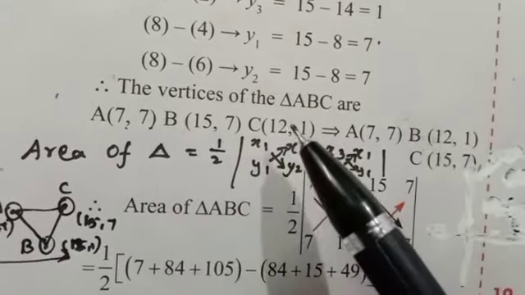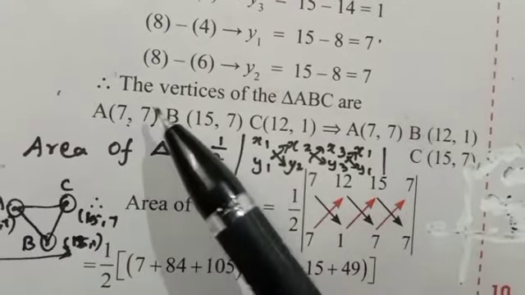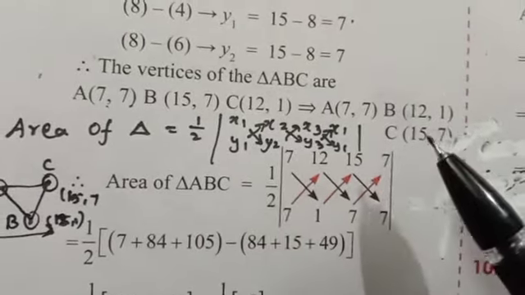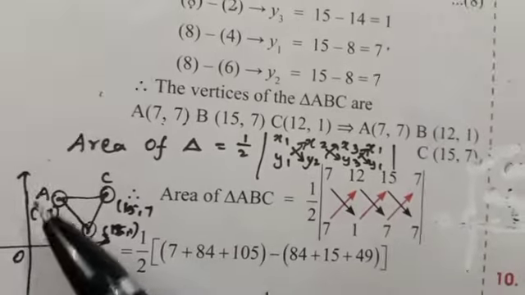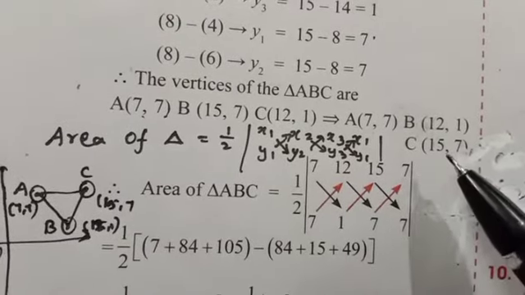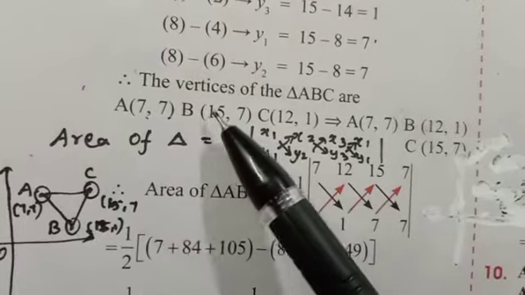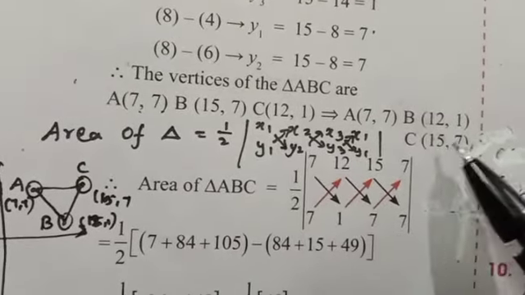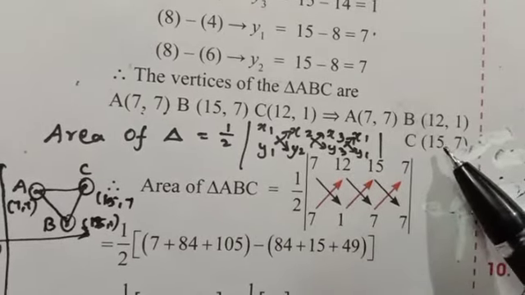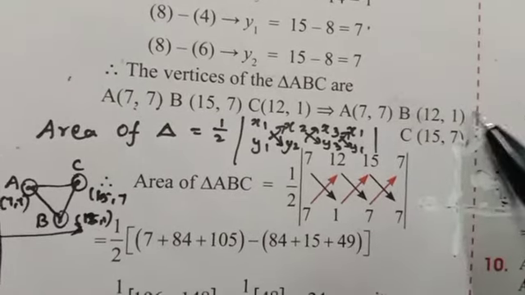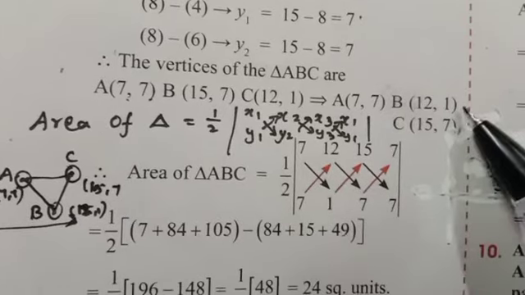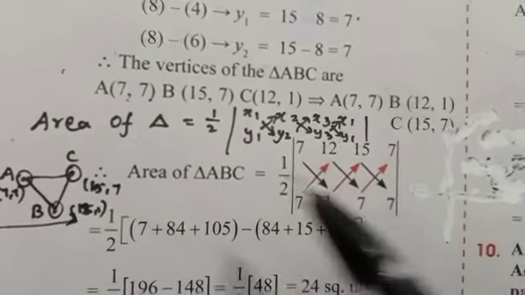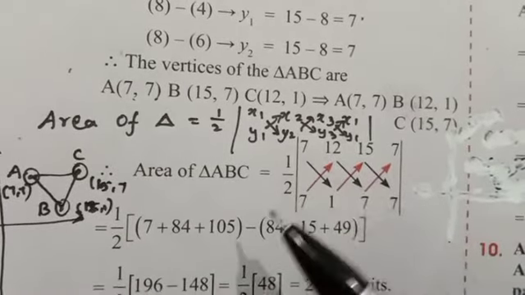Using the midpoints we found these points: A of (x1, y1), B of (x2, y2), C of (x3, y3). For this ABC, using this graph and denoting this order, we found these values of point A, point B, point C. We take them in order, anti-clockwise direction. Using these points you have to find the area. So for the area of the triangle, write the formula, then substitute the values.